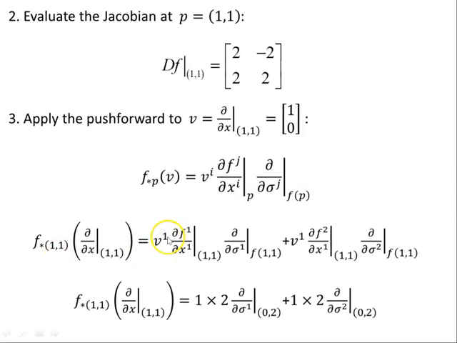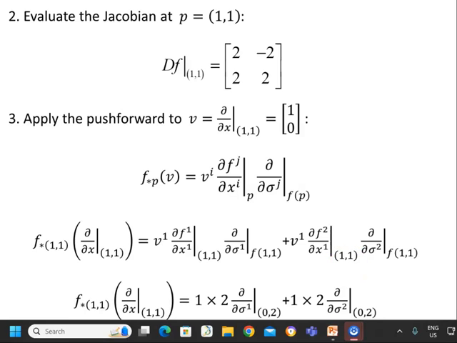And we have v1, partial f1, partial x at 1, 1, and partial sigma 1 at f of 1, 1, which is 0, 2 on N. And then plus v1 partial f2 on partial x1. I wish I'd spaced that a little bit better. I wish I'd seen that in the proofreading too. And we have here 1, 1, and expand that in the other basis vector, partial sigma